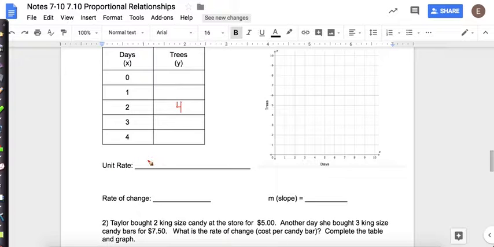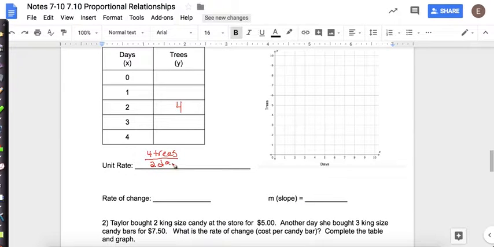So all we have to do to find a unit rate is to do the trees divided by the days, because it wants to know trees per day. So if the trees come before the per, that goes on top, and the days come after the per, so that goes on the bottom. So 4 trees per day,